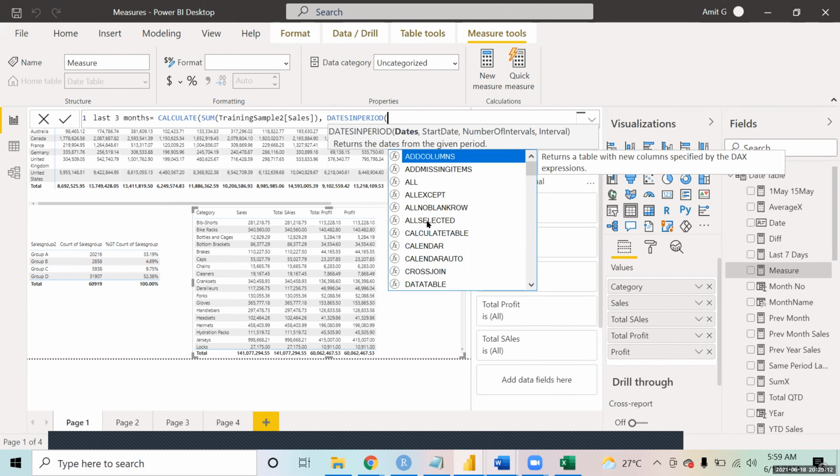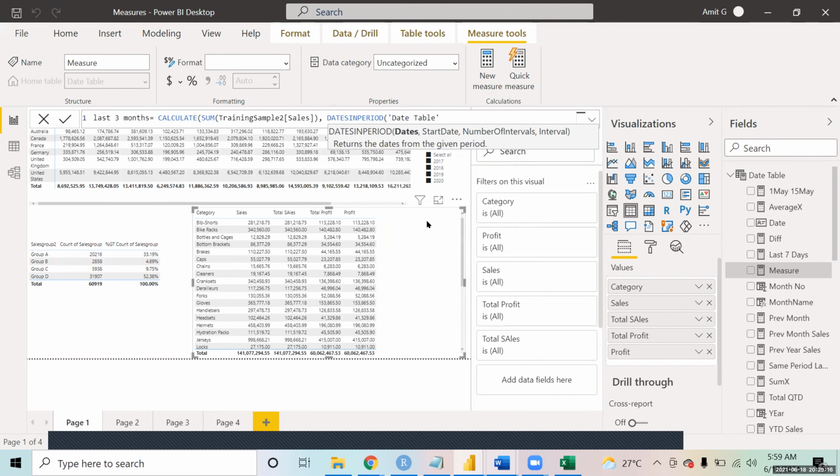In this, you say your date field is the date column. What is your starting date? Today is your starting date, and from today you want to go up to 3 months back. So you will say minus 3 month. This will give you the sales for the last 3 months from today.